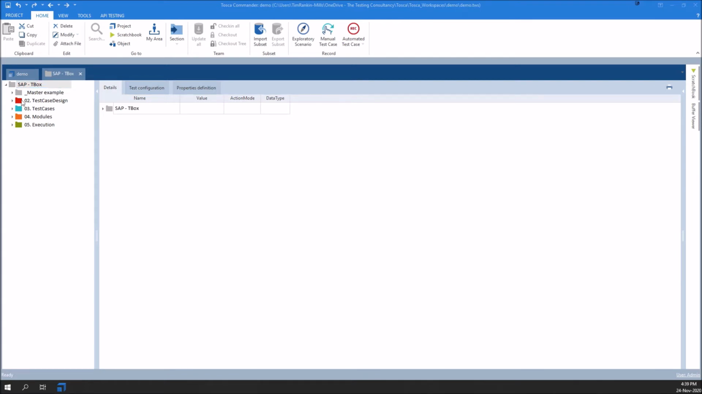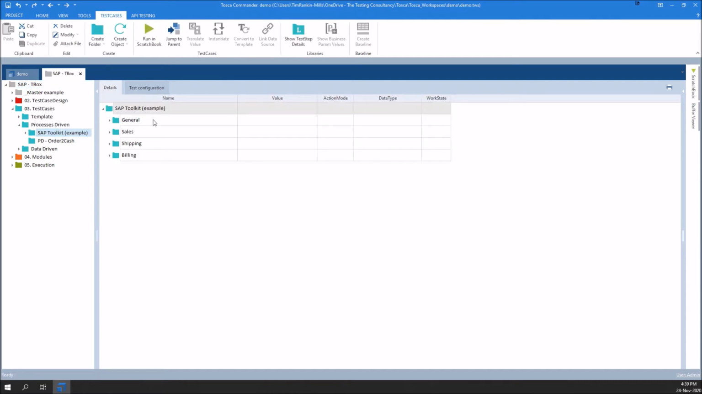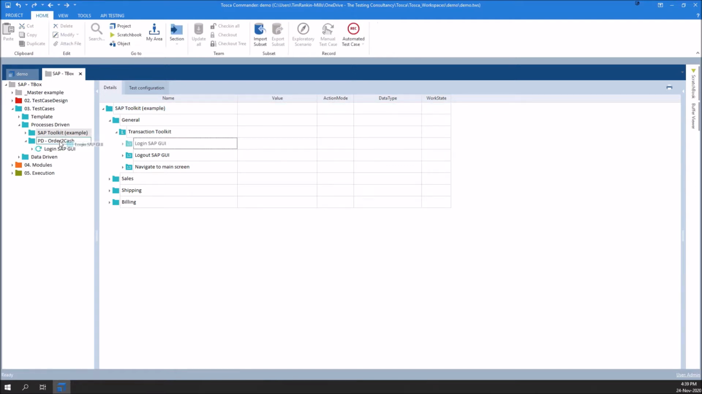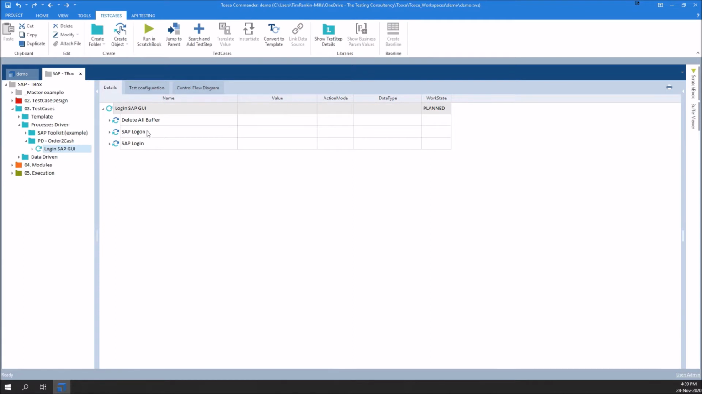We're going to have a look at three different ways of automating SAP. To start with, we're going to look at process driven, where each transaction in a chain of transactions in the order to cash process, as an example, are independent test cases within an overall process. In our toolkit, we have created the transactions as reusable test step blocks, categorized under their different functional areas. So to start off with, we're going to kick off with a login to SAP step or test